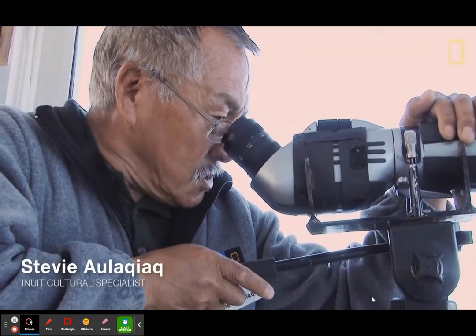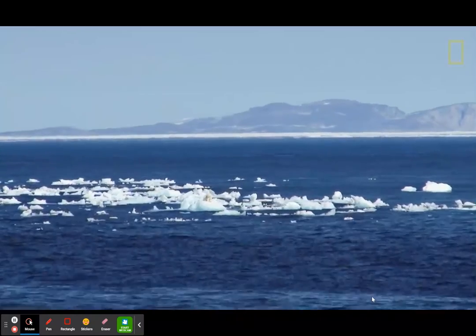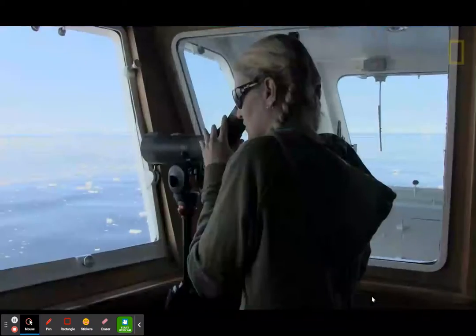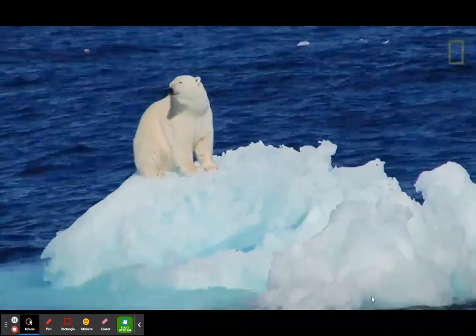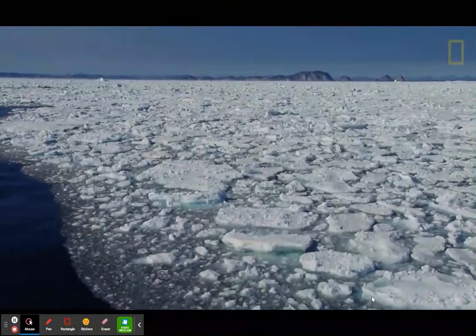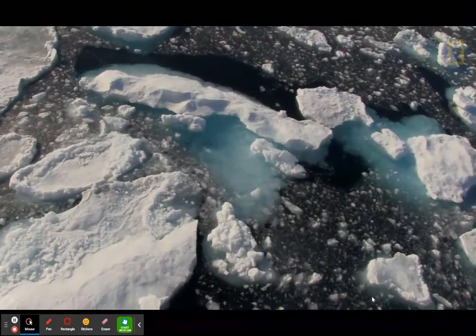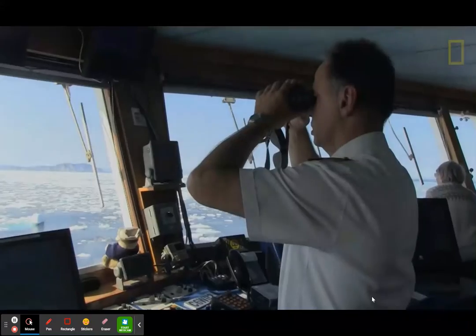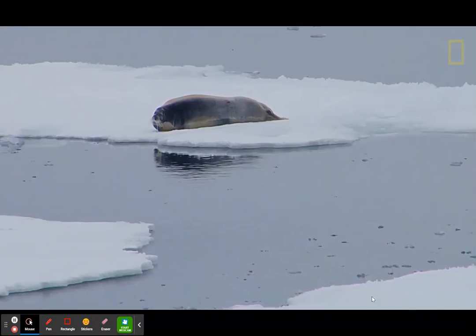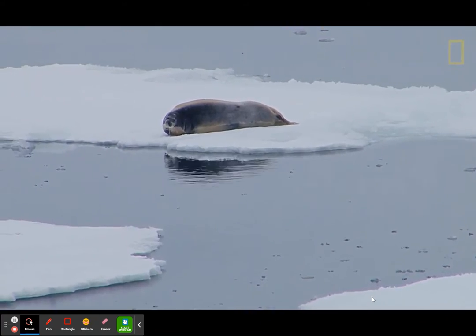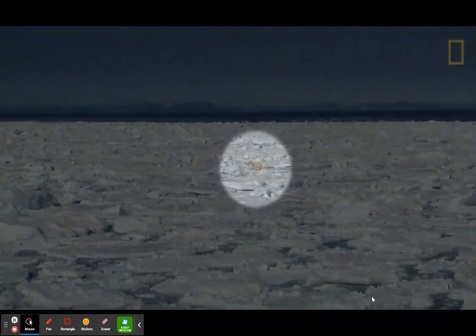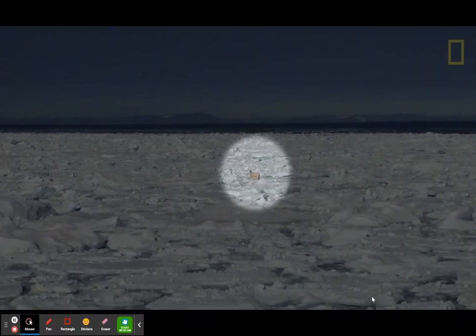There's a polar bear right on the top. It's on a piece of ice that's bobbing. We are now in polar bear country. Oh, here's a seal on the ice, just ahead of us. That's the food they are looking at. Another polar bear, just about our 12 o'clock position.